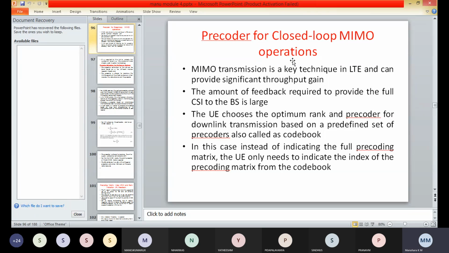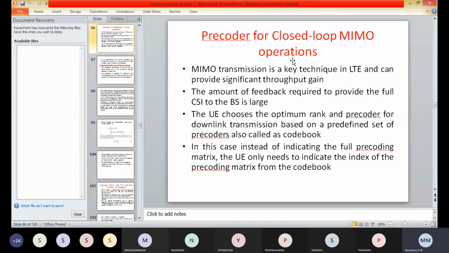MIMO transmission is a key technique in LTE, which can provide a significant throughput gain, especially with the spatial multiplexing mode. The amount of feedback required to provide the full CSI to the eNodeB is large, particularly in multi-carrier systems.